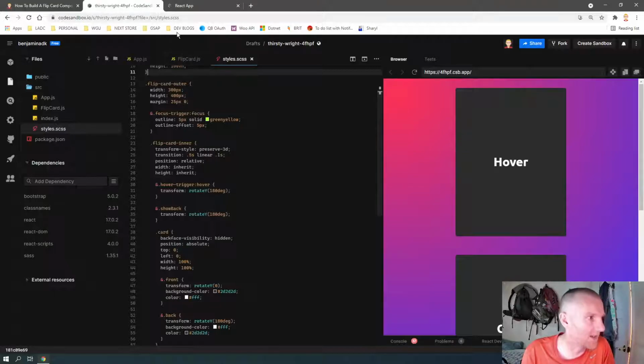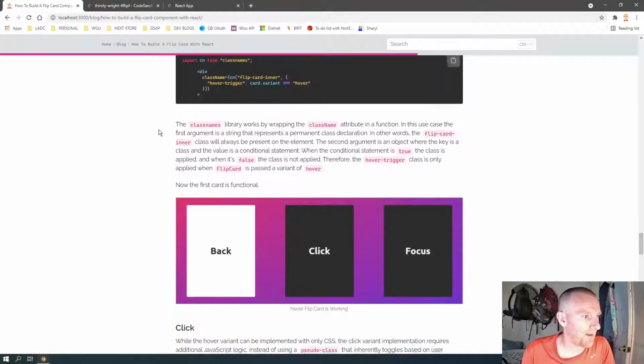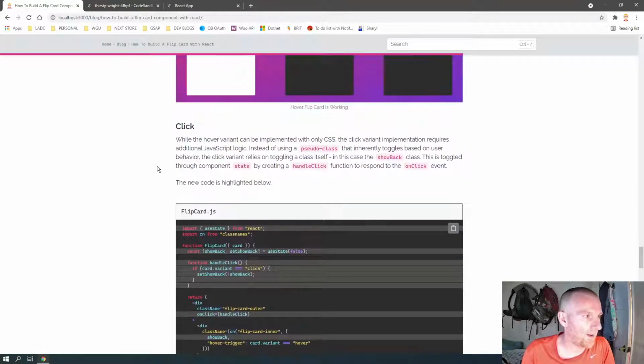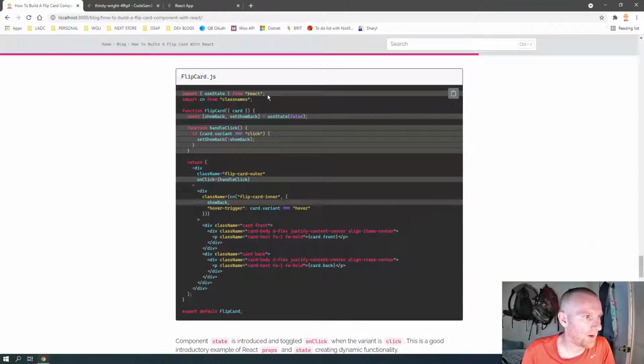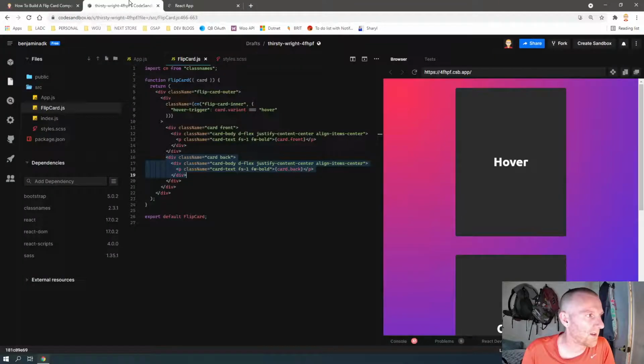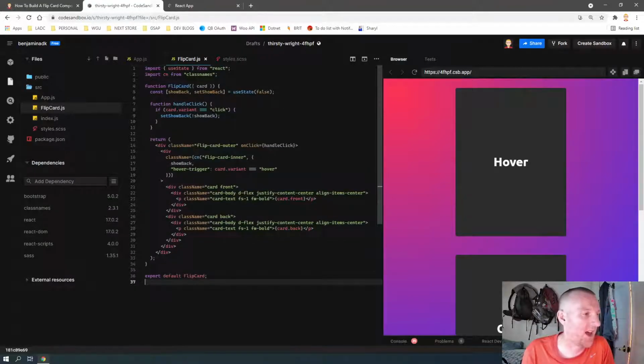So each layer kind of has its own purpose. So that's the hover. Now we can do the click, and I've used highlighting here to show you which lines need to be taken, but you could also just copy and paste the whole flip card on top of it again, like that. And now what we've done is we've brought in the useState hook, and now we're creating a piece of state